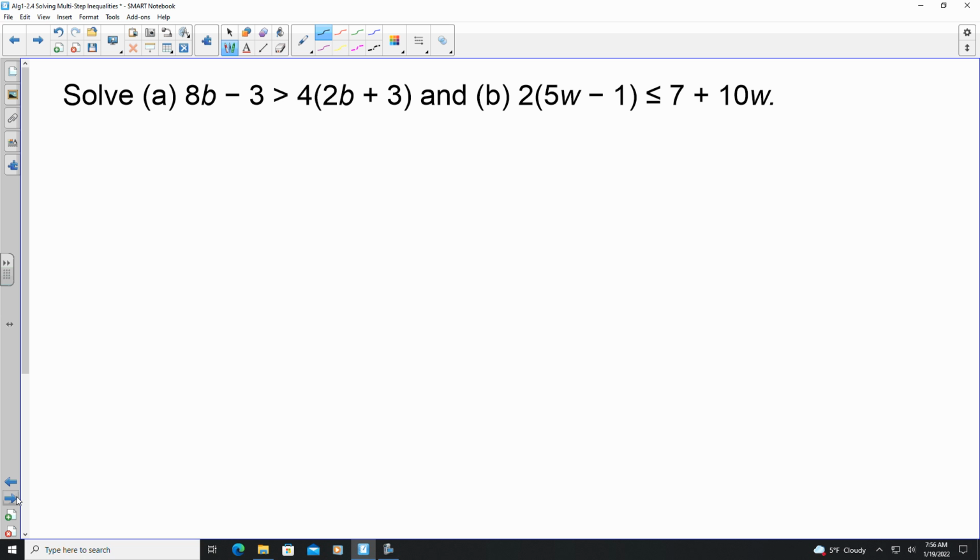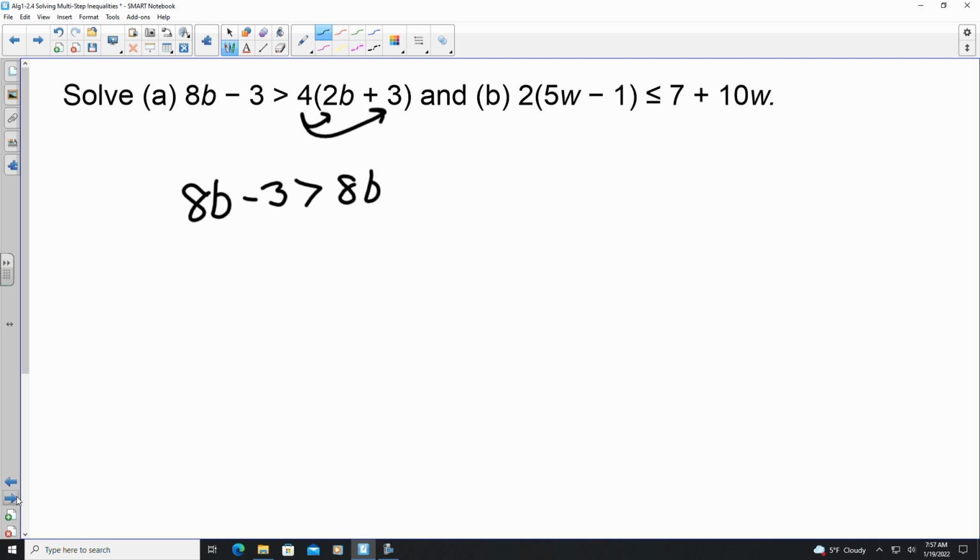In these particular inequality examples, they introduced parentheses. So there's a couple different ways you can go about doing it. My opinion is let's distribute as much as we can to get rid of the parentheses and then go about solving it accordingly. So I have parentheses here and here. So that's 4 times 2b plus 3. I'm going to distribute the 4 to the 2b plus 3. So I get 8b minus 3 is greater than